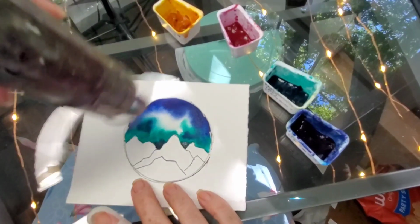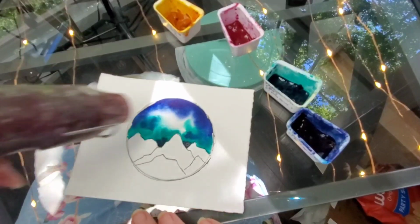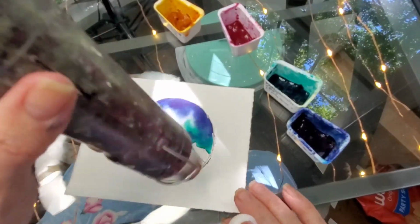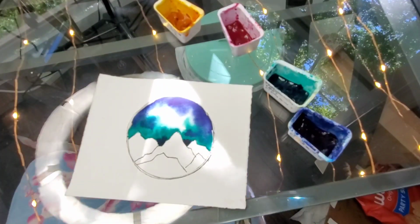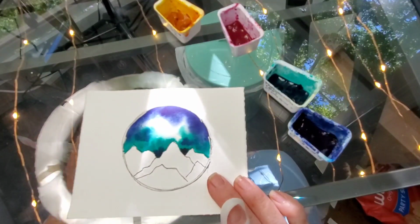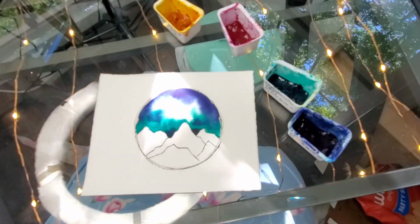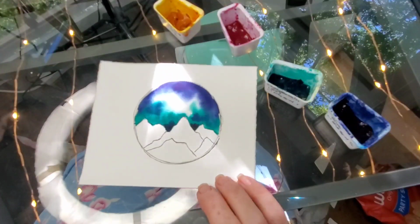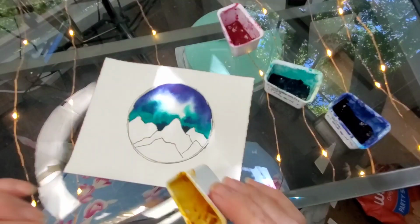Now I'm using my dryer a little bit now because the white started to close in and I wanted to save it. By doing that, I did lose a little bit of the feathering effect, but that's all right. I just didn't want to lose my white. Although it is going to be harder to put stars in. Yeah, I'll just put them around the white. That's fine. Now I'm going to go ahead now with a smaller brush here. I'm using a number 4